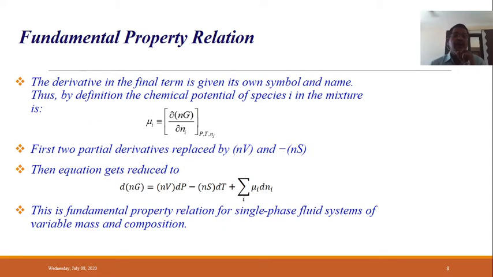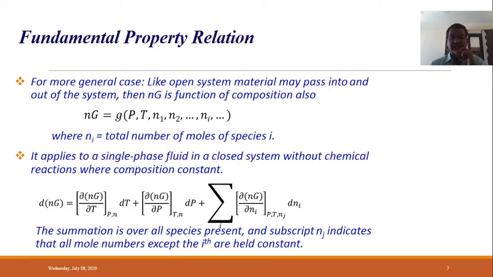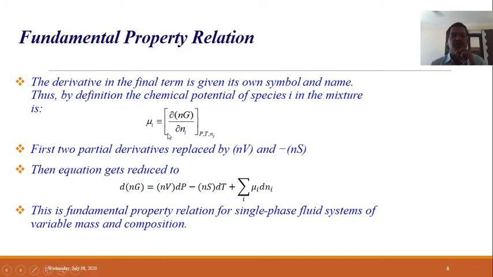So if you see this last term here, this is nothing but the change in Gibbs energy with respect to the number of moles of ith species, which is equivalent to chemical potential. So chemical potential is defined like this. Partial properties you have not studied yet, but that will come after this particular topic. So chemical potential is nothing but your partial Gibbs energy. It talks about how Gibbs energy is contributing in that particular solution when there is a change in the number of moles of ith species, right? That is the contribution we are talking about.